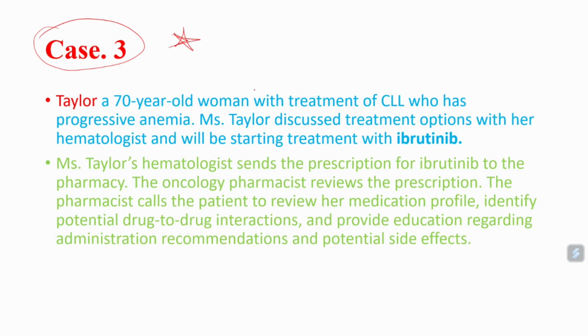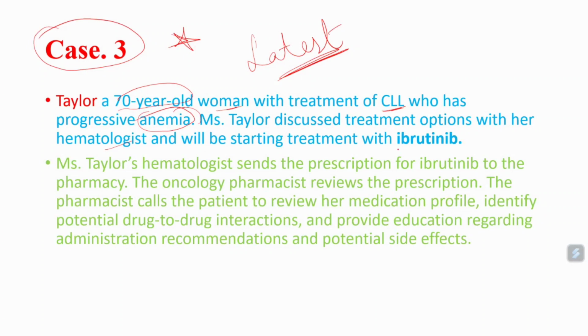This is important, and this is very latest information. A 70-year-old woman is on treatment for chronic lymphoid leukemia, and she is having progressive anemia. She came to the hemato-oncologist and discussed this anemia with the hematologist, and that hematologist will suggest